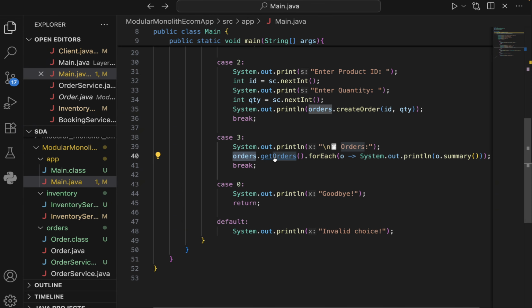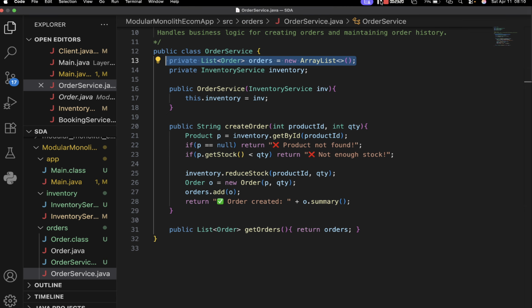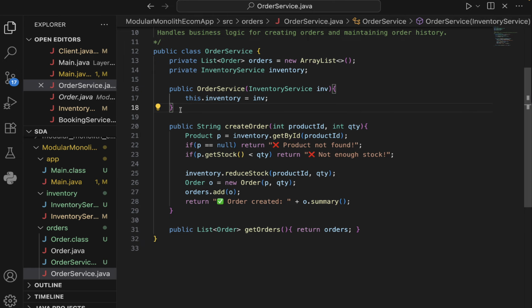So if I click on this getOrders, you will see here we return a list of orders. This is the return type of this getOrders function, and it simply returns a list of orders, and this list of orders is already declared and initialized in line number 13 in OrderService, right? And here it is initialized in the constructor of this class, OrderService. So whenever we want to place an order, we need to pass an inventory type of object, and then this.inventory equals inventory. So we actually want to initialize the inventory object, and then